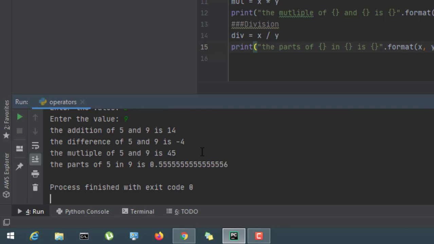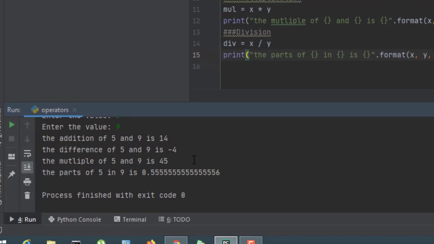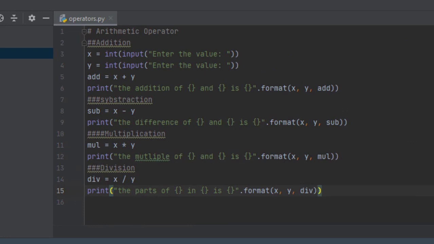No, it didn't. Why? I had a doubt that if it is dividing, then the answer will be a floating value. 5 divided by 9 is 0.55 and so on, but it is a floating value. Why didn't it throw me an error? That's where my question comes.